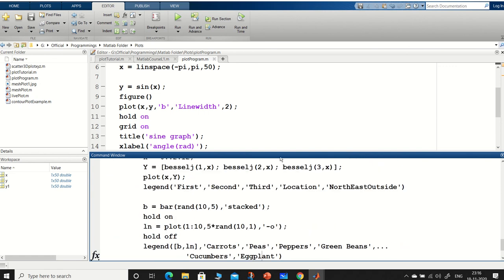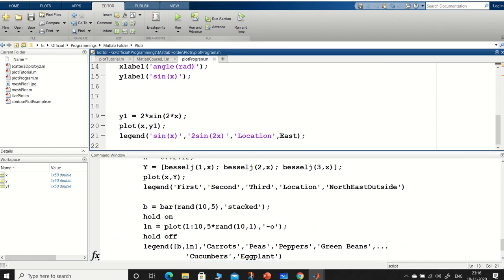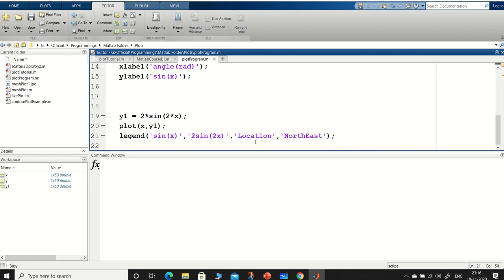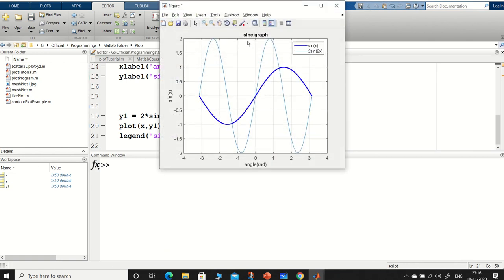So let's see, like this we will put it. Location is, like, suppose we want to put northeast. Okay, so this should be also inside the inverted comma. So see, the northeast it is there.